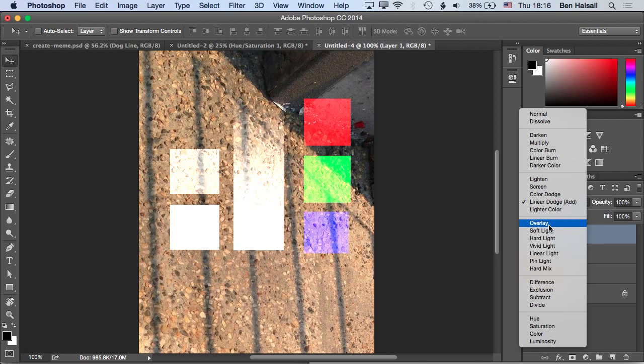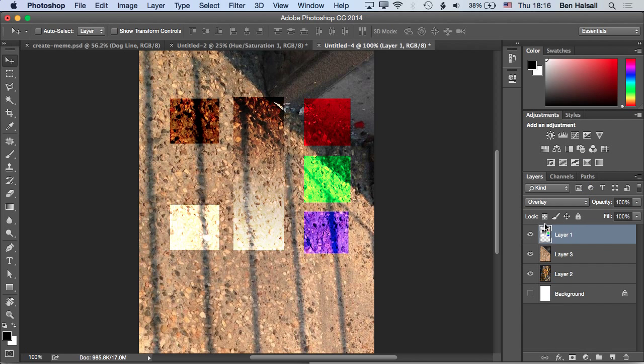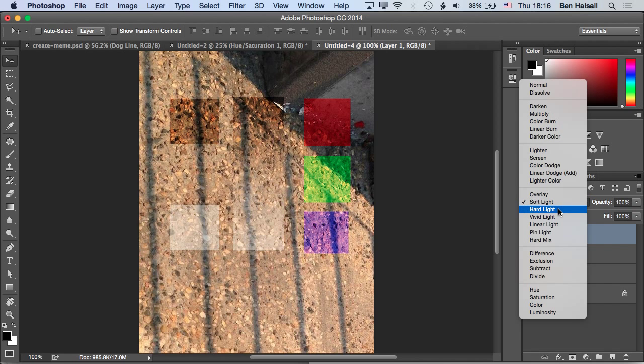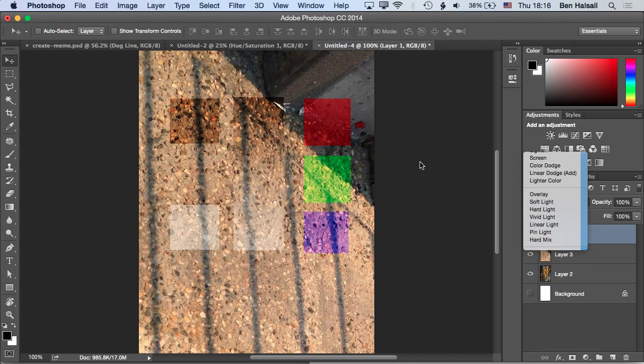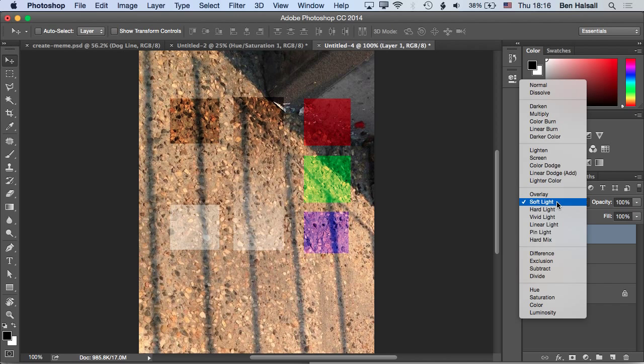If we come down to the next section, with overlay and soft light, you can see it's ignoring the midtones, the greys. So we're getting the black and the white overlaying and lighting that layer behind, but we're not getting those mid greys. So it's not applying if it's grey, it's applying if it's got a lot of white pixels in that layer. And the same for the reds and blues, it's applying some of that color behind it. And then we've got these effects down here which really